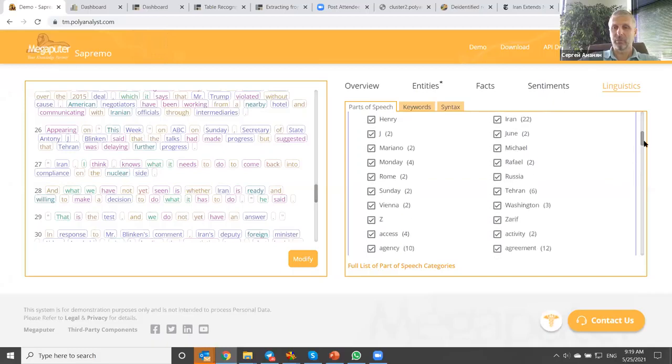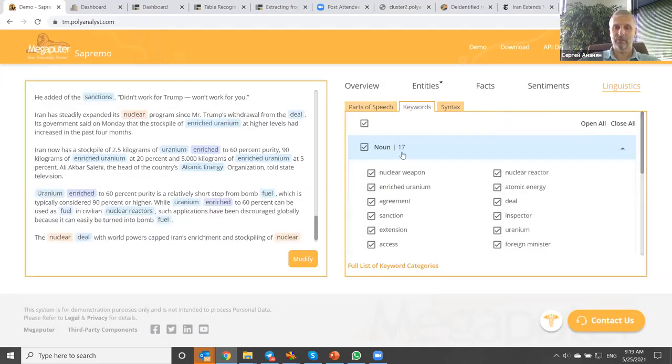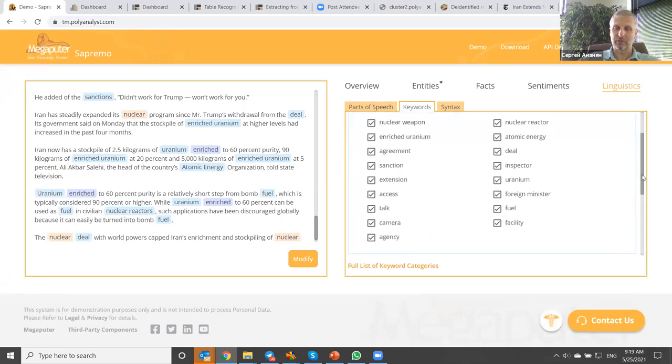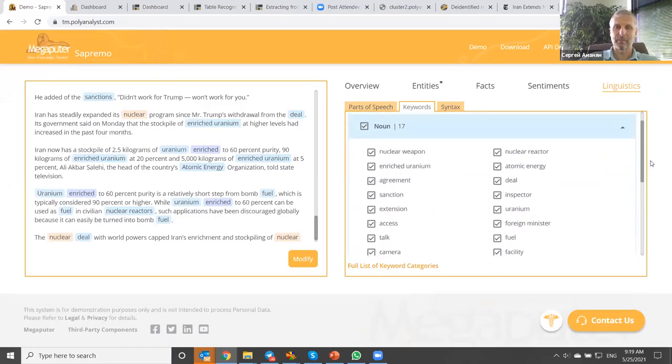And you can also see the keywords. So these are the most important things: nuclear weapon, enriched uranium, agreement. Because this is the article about this atomic deal that Iran made.